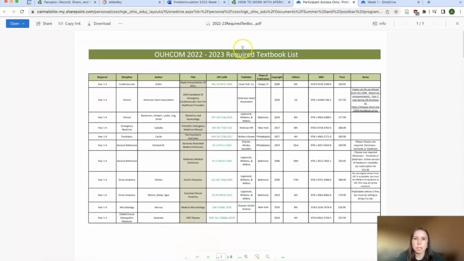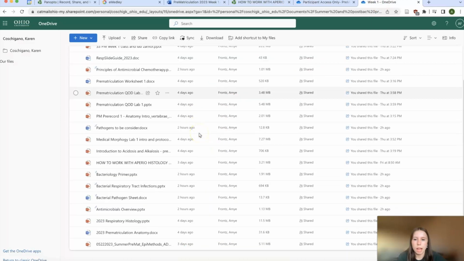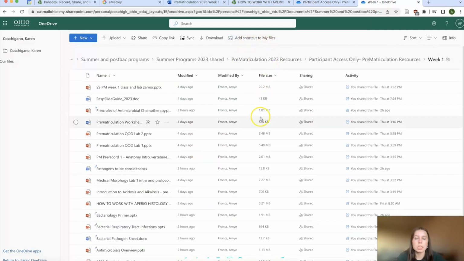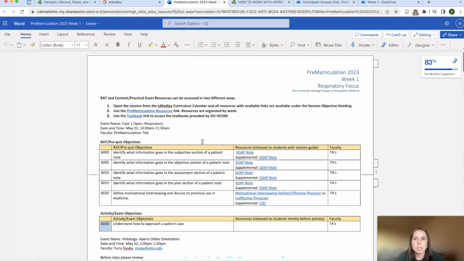The main thing is with that OneDrive, you will have access to all the PowerPoints. They are linked in the session guide, but if you want to see them all together in the OneDrive, you can also look there. And of course, if anyone has any questions, feel free to email me or Miss Kelly or ask one of your TAs. I know it can be confusing at first to understand the session guide and all the language that comes with it, but